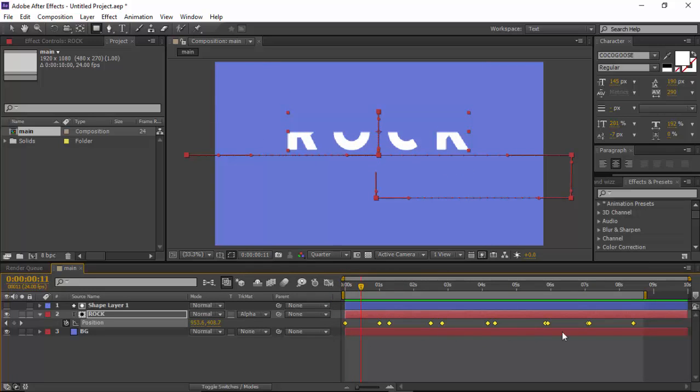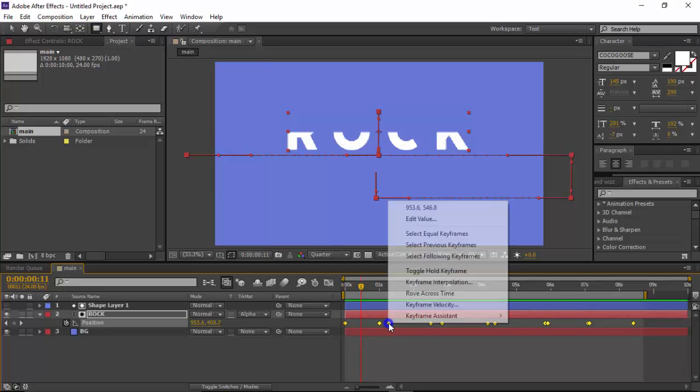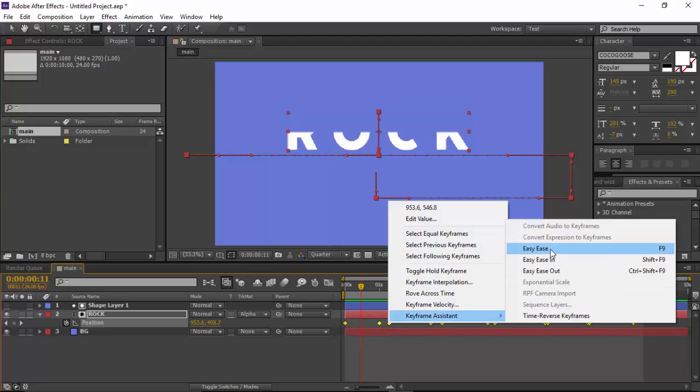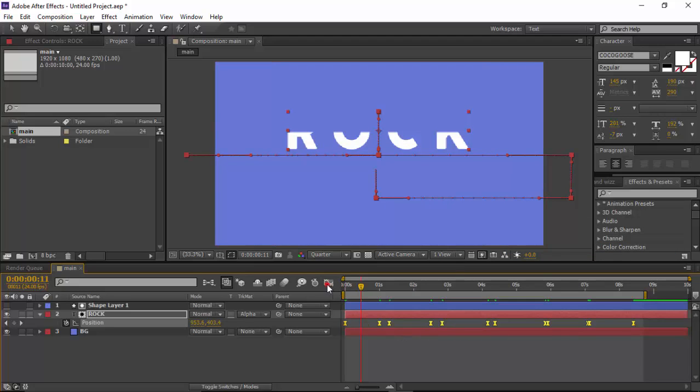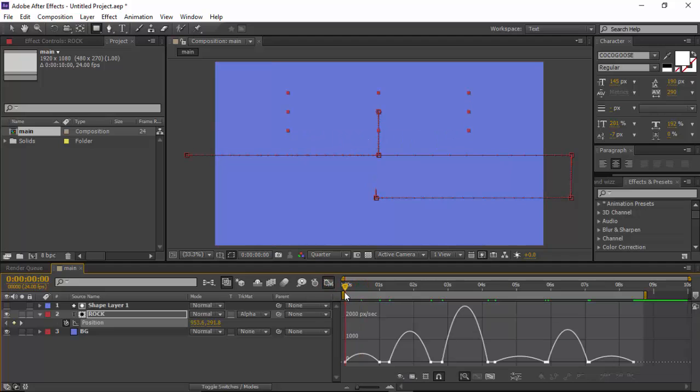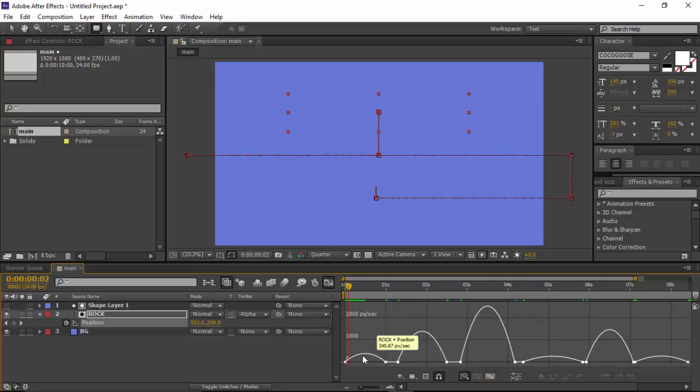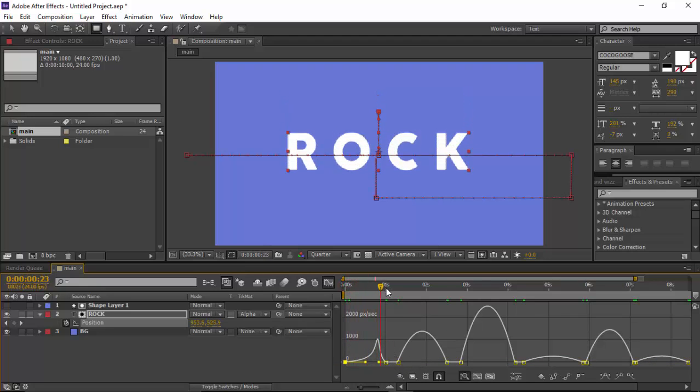Okay, so what we just do is select all the keyframes, then right click, keyframe assistant, easy ease. That way we're able to use a speed graph to time how fast it comes in and how fast it goes out. So now what we're going to do is give it different types of movements, right? So we have that. Now if we look at it, it actually goes from slow to fast. Oh no, I think I'll just make everything move from fast to slow. Yeah,